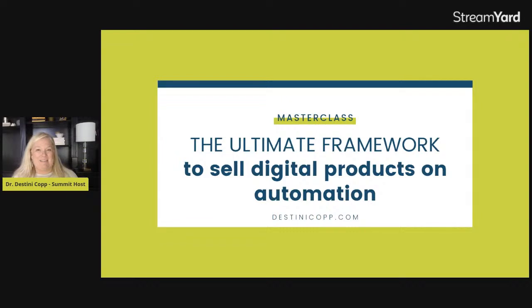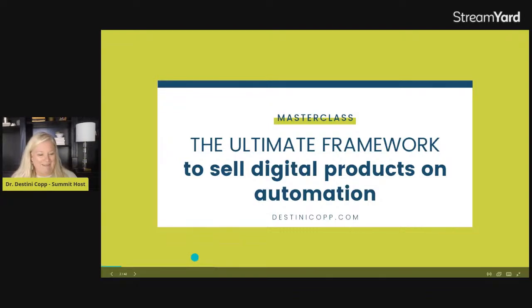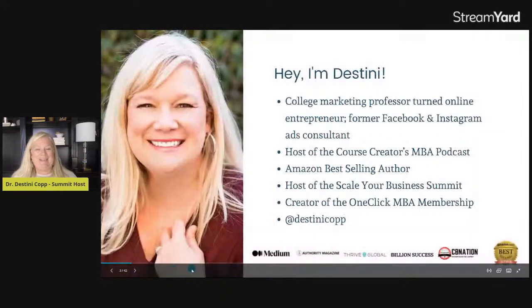Now, my business, and I'll talk about this as we go through here because I'm going to give you some very specific examples from my business and how this works. But my business primarily runs on what we call automated or evergreen sales funnels. Once a year, I'll do a live event like what you're doing now or what you've been involved in the summit. But primarily, it runs on automation. And I'm going to walk you through several different examples of those today and how that's working for me. So I'm going to jump right in here.